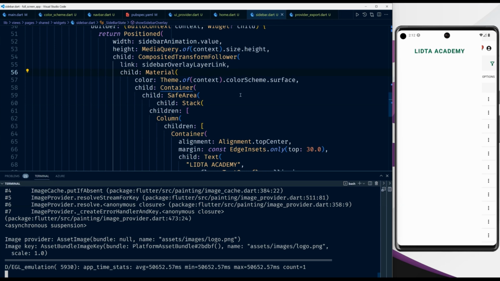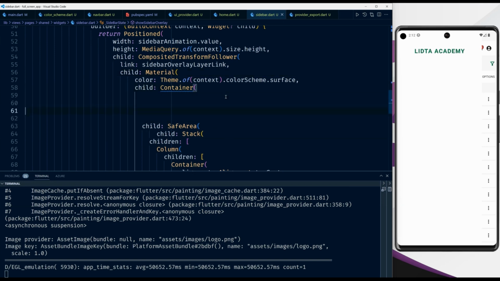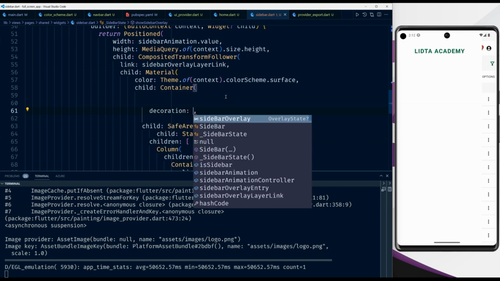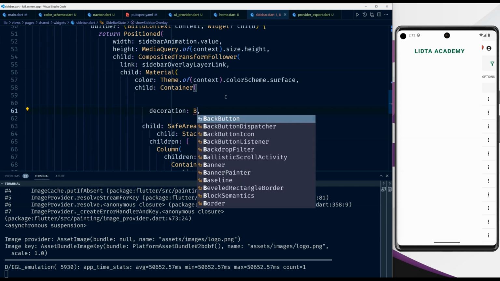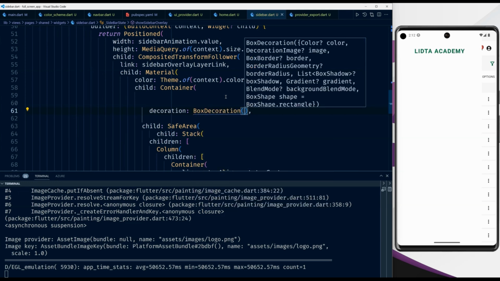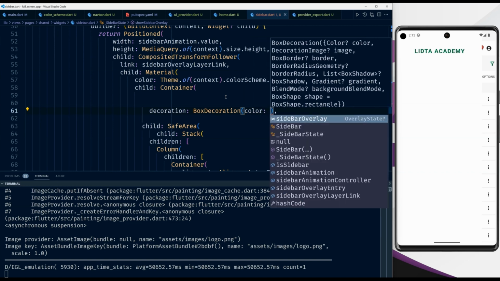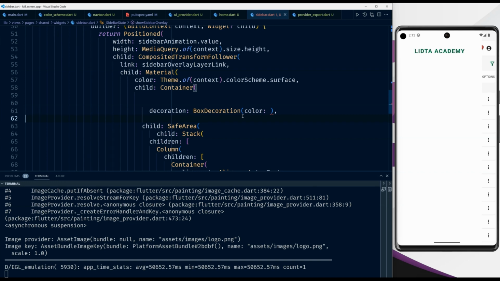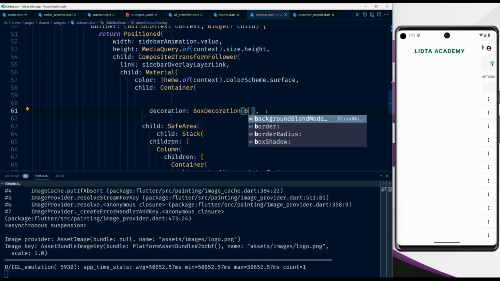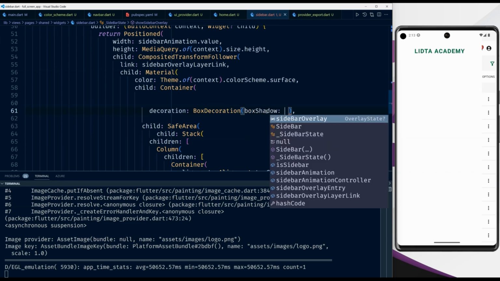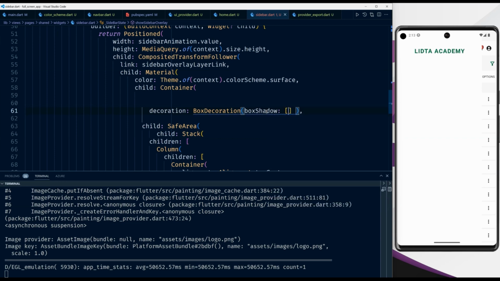And now what I want to do, this container here, I'm going to change it just a little bit, and I'm going to have decoration for it. So decoration, it's going to be coming from BoxDecoration. And here I'm going to pass some properties. So I'm going to pass color is the first thing. And I don't think I need to pass color since I already have color on the parent here. So what I'm going to pass is the boxShadow. So boxShadow, and the boxShadow is going to be coming from